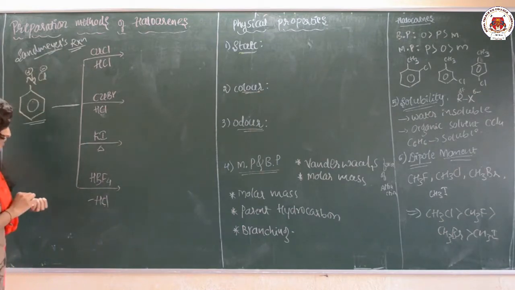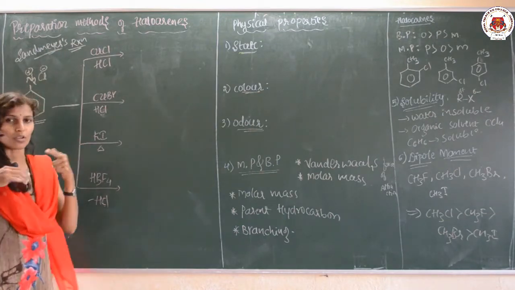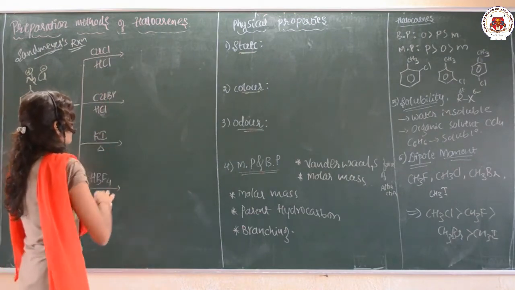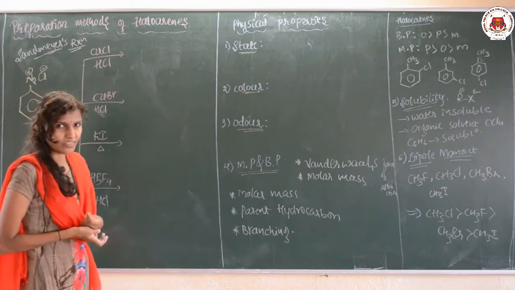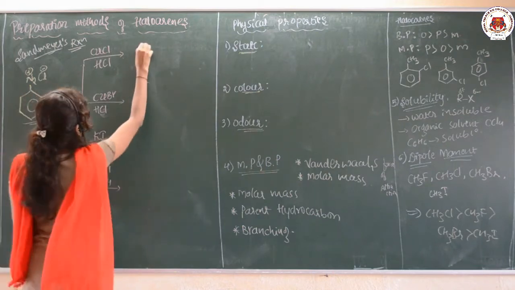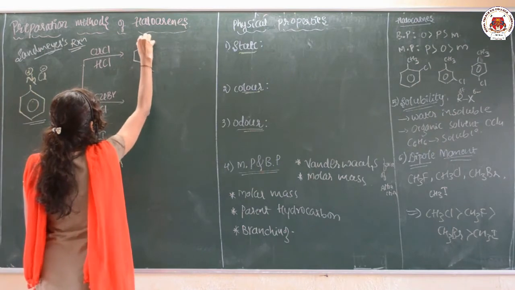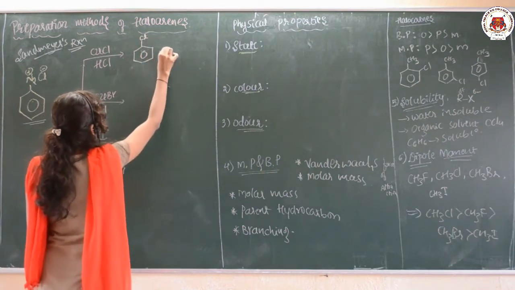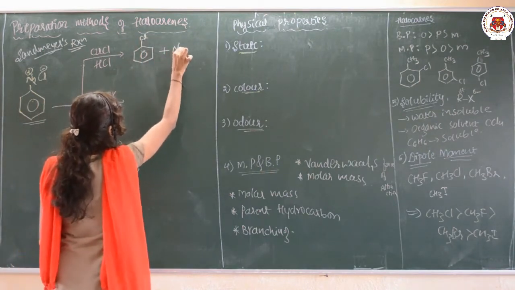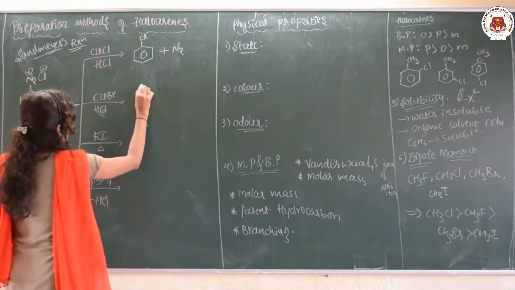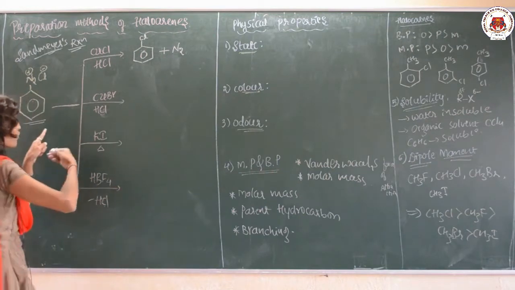Okay. So when benzene diazonium chloride is treated with CuCl in the presence of an acidic medium like HCl, we are going to get chlorobenzene. And it is very easy for the N2 gas to escape, as I already told you. Suppose next the same benzene diazonium chloride is used.